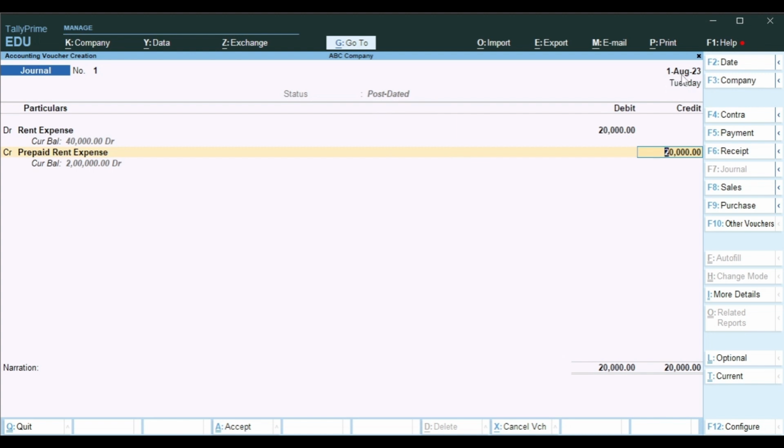August hasn't come yet, so I make a post-dated entry. So every month this will be appearing monthly. This entry has to be repeated for every month till December. So rent expense account debited 20,000, and prepaid rent expense credited 20,000, so 20 will be reduced here. So we will give August rent